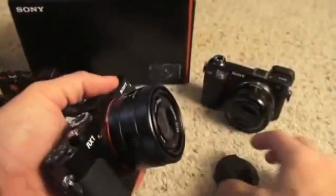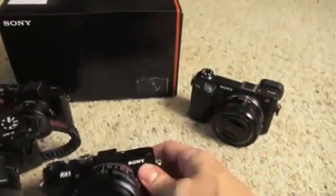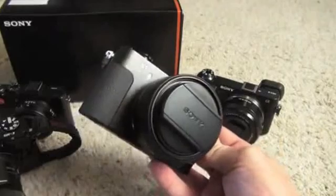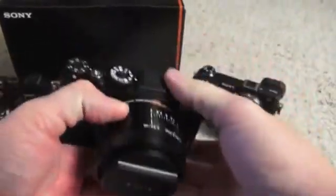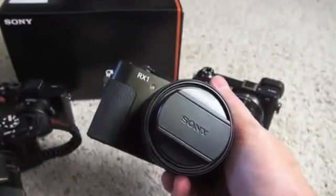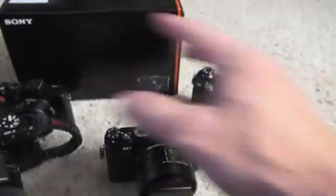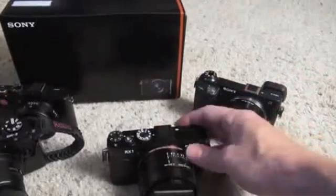This camera is silent. You turn off all the noises in the menu option, and it just turns into a super stealthy camera. And what I feel this is perfect for is street shooting. You can jack this thing up to any ISO you want, set the lens to f2 here, and shoot away on the street very discreetly. So at $2,799, yeah, it's expensive, but you've got to look at what you get with it. I'm the most excited about any camera that you see here. I'm most excited about this guy, and yes,